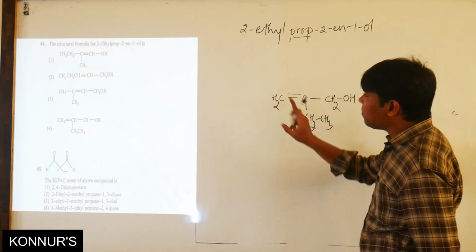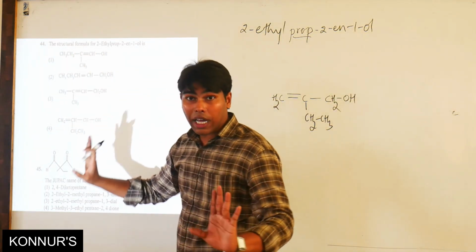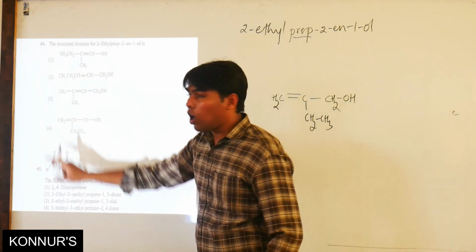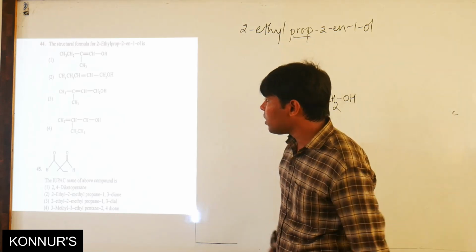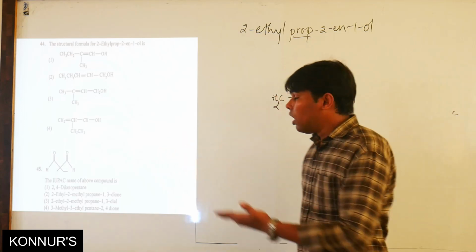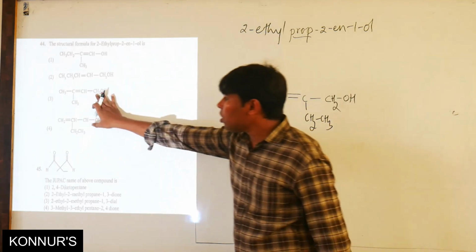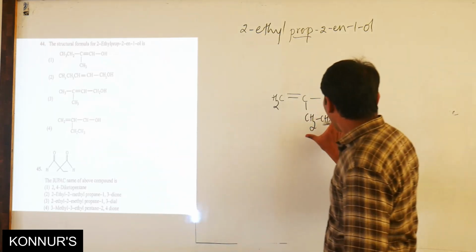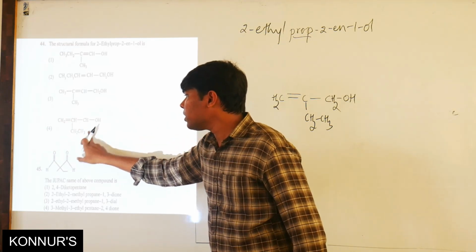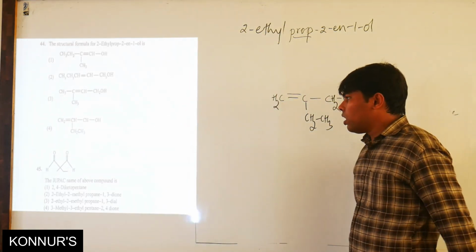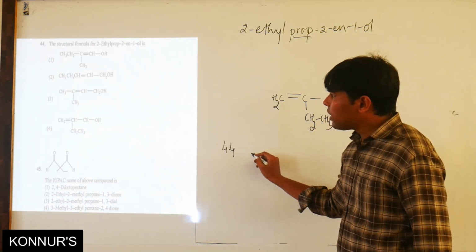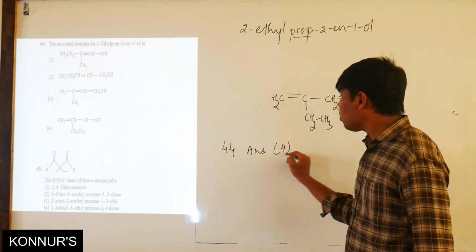It should contain 3 carbon atoms in the parent chain. Here 1, 2, 3, 4. 4 carbon atoms are in the parent chain, so 1 is not your answer. Here 1, 2, 3, 4, 5, all of them in the parent chain. The second is not the answer. And here 1, 2, 3, 4. The longest chain contains 4 carbon atoms, so the third is also not the option. And here I have written the structure. So 1, 2, 3 carbon atoms are in the parent chain. On the second carbon there is an ethyl group, and on the first carbon there is a hydroxyl. So 44th example, the answer is the 4th option.